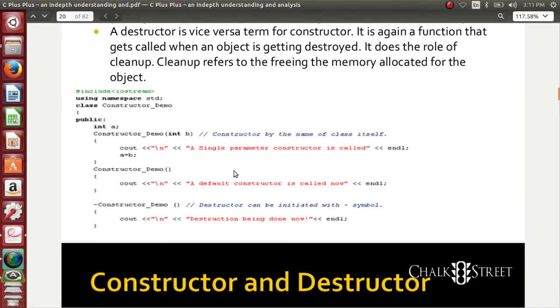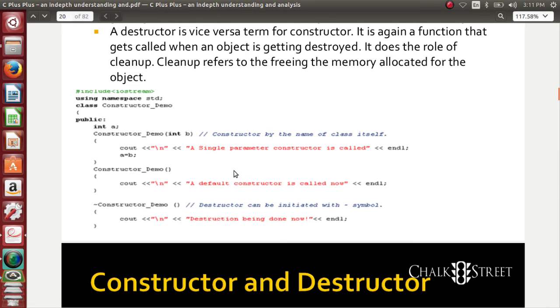A constructor is used to constructively initialize an object. There are two types of constructors available. There are three types actually. Let's not worry about the copy constructor. It's slightly complex, so let's keep it for now. Once you get understanding, you can get into it later.